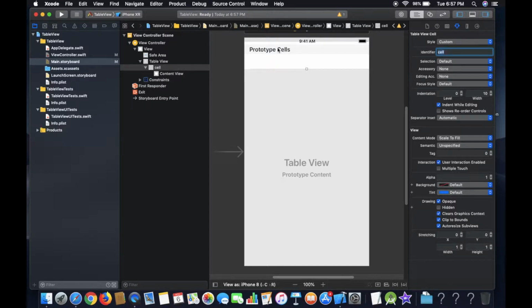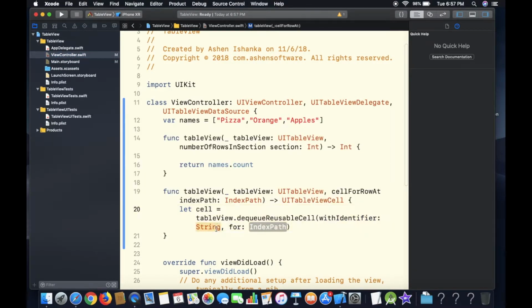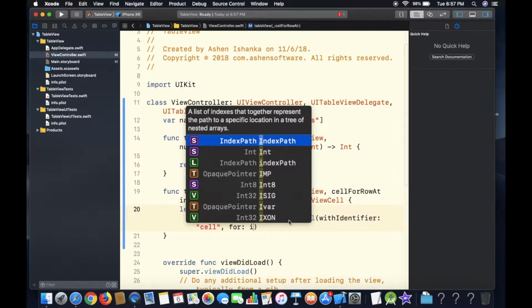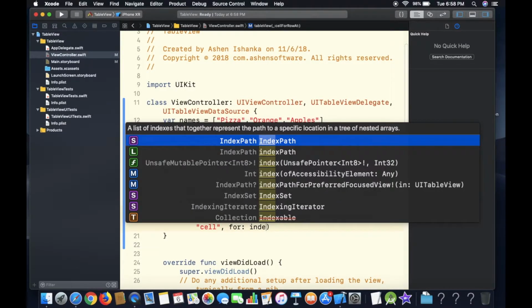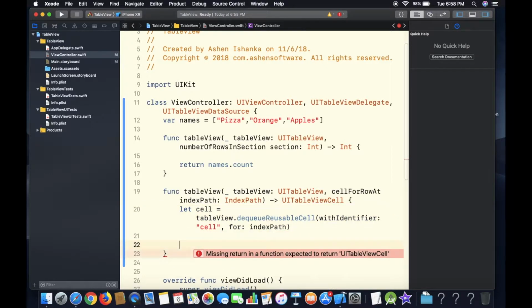Okay, now go back to our ViewController class, and now our cell name is cell, right? And here for indexPath we can type indexPath here, because there is a variable. You can see indexPath, we have to give that. Okay, now we can return this cell. Okay,